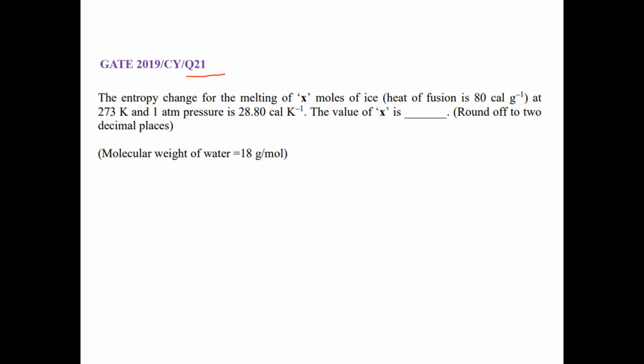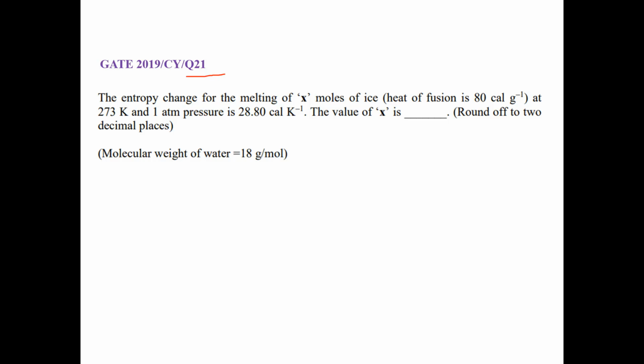In this video, we are going to discuss question number 21 of Chemistry GATE 2019. Let us go through the question. The entropy change for the melting of X moles of ice, whose heat of fusion is 80 cal per gram at 273 Kelvin and 1 atm pressure, is